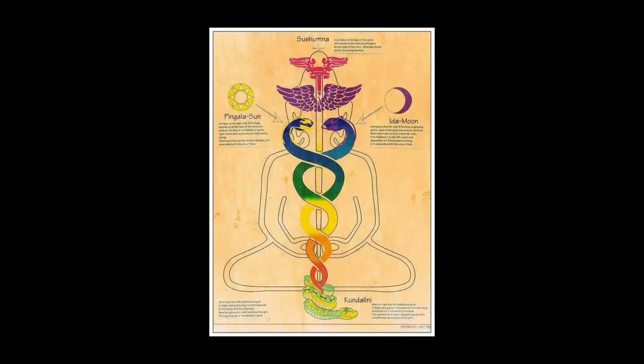Now, another example with the similar sort of serpentine symbolism, and again with sun and moon, is in the tantric ideas in India. One serpent is the sun, the other is the moon, and together they wrap around what's called the sushumna, which is, you could say, the middle path that reconciles opposites.